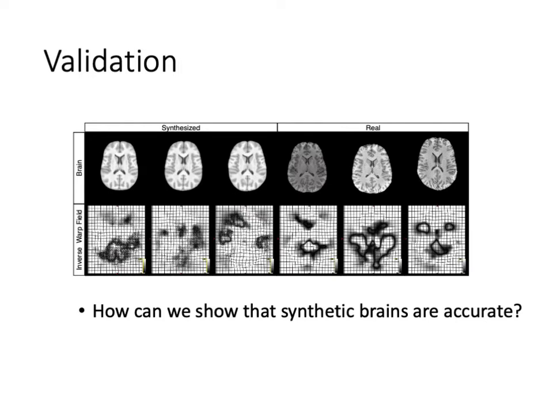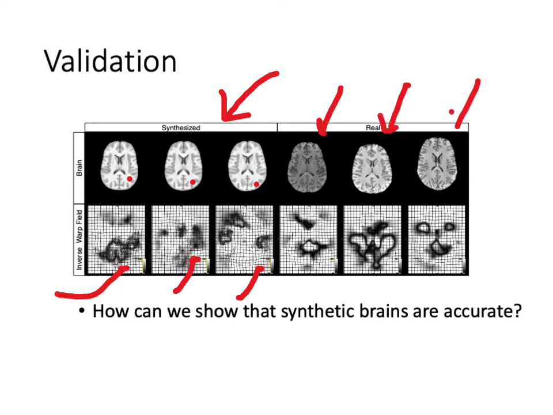So as the first step of visualization, I'd like to show you the results of axial slices of synthesized or fake brains. This is one synthesized brain, another synthesized, and a third synthesized brain. And here you see an illustration of the deformation field. And as a point of visual comparison, these are the same slices at a similar MNI location for different individuals. So our synthesized brains look sort of realistic.